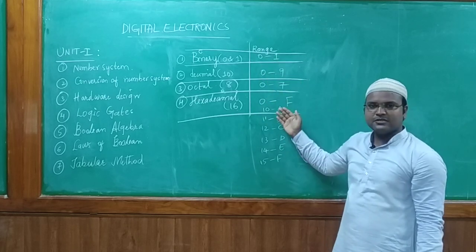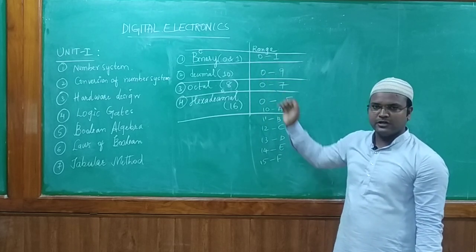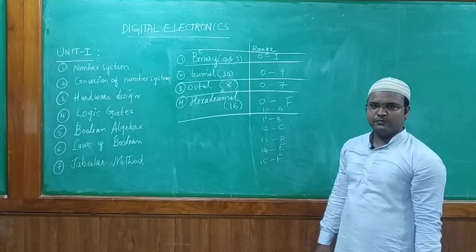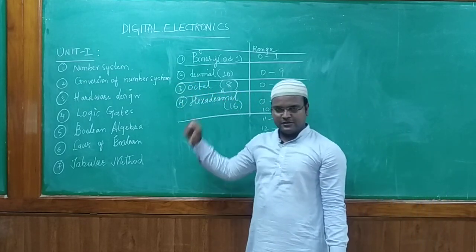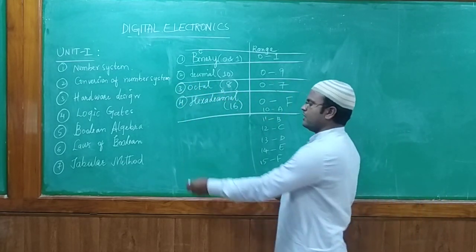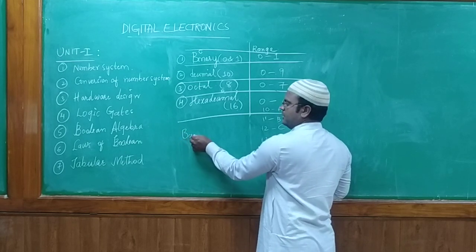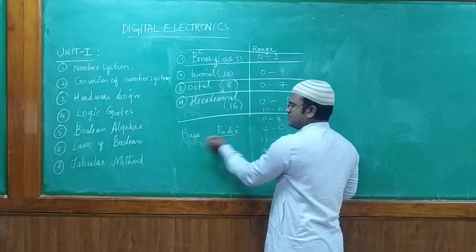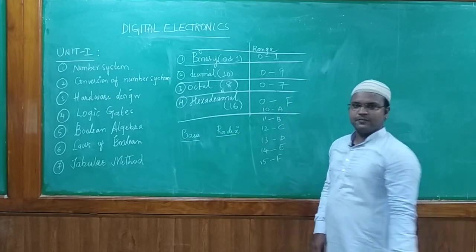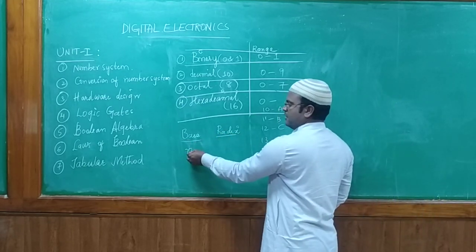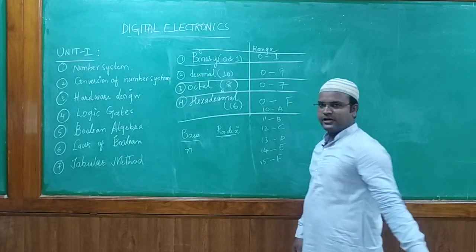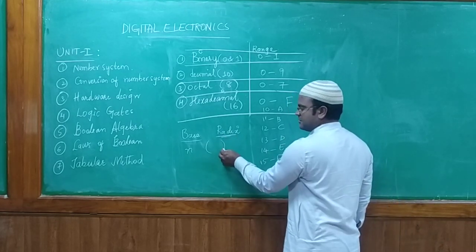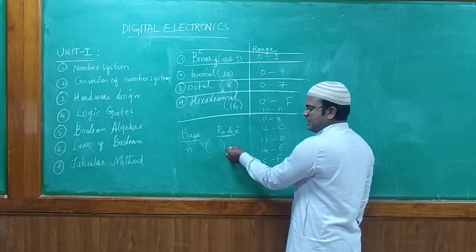Since all these number systems are there, how it is going to convert from one form to another form will be done in the number system. In the number systems, we are going to see the first part of it, that is the base, or radix. So what is the meaning of the base? Base means if I have a number system, what could be the notation of the radix? That means if I want to write any number system, what does that base need to be?